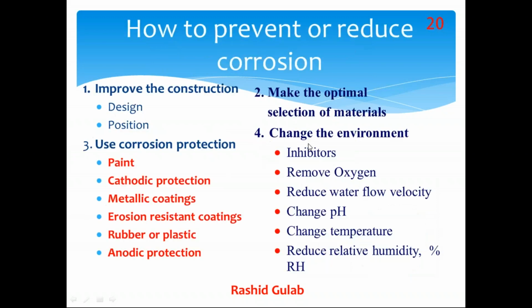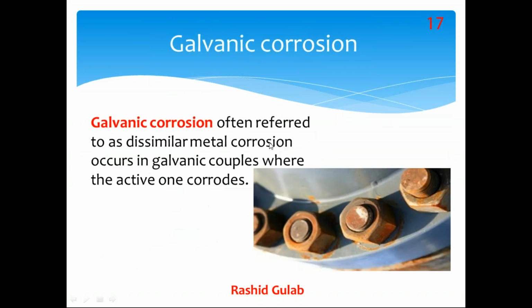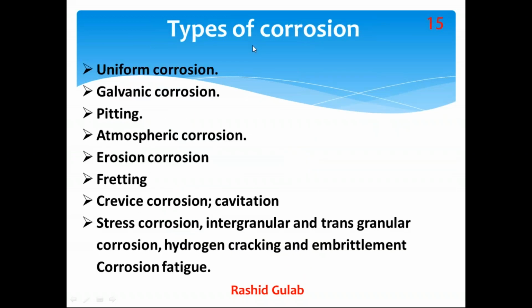So what next? These are the things we discussed, the types of corrosion: uniform corrosion, galvanic corrosion, pitting, atmospheric corrosion, erosion corrosion. What is erosion corrosion? The best example you can see here, if someone knows about the tap, whatever in Urdu we say this